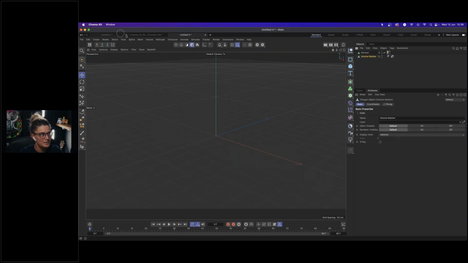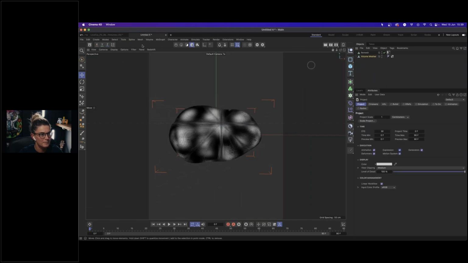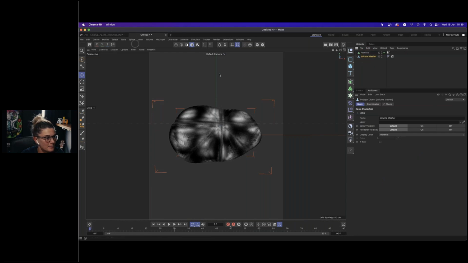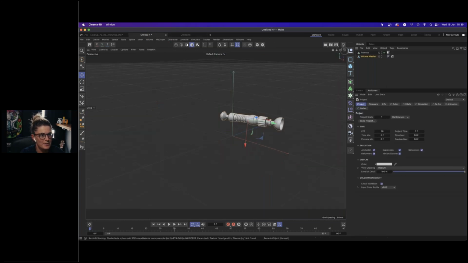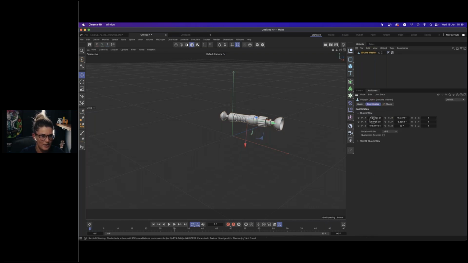My SIM40 is being a little bit slow. Let's get rid of that. Not sure why it's being a little bit slow today. Still not updated. There we go, there we go. Okay, let's get rid of that remesh, and we have our